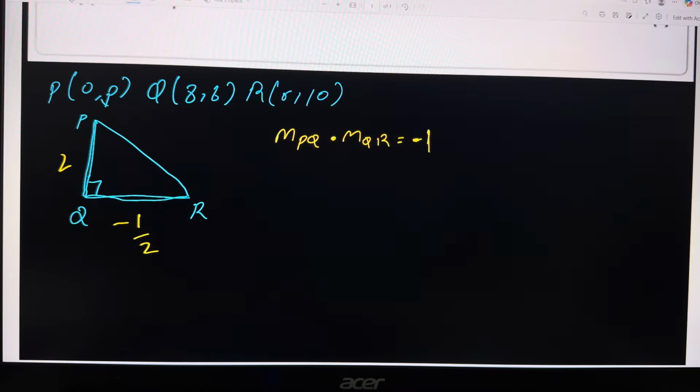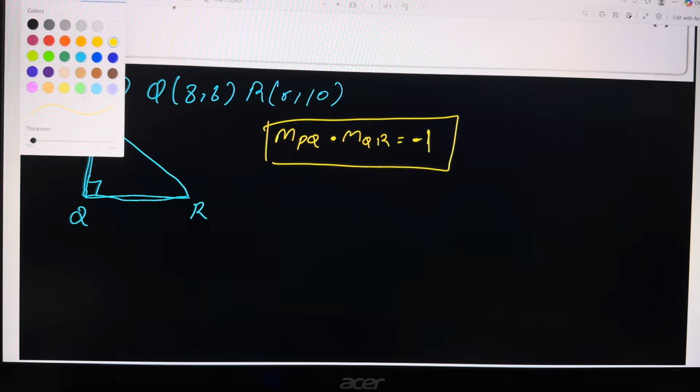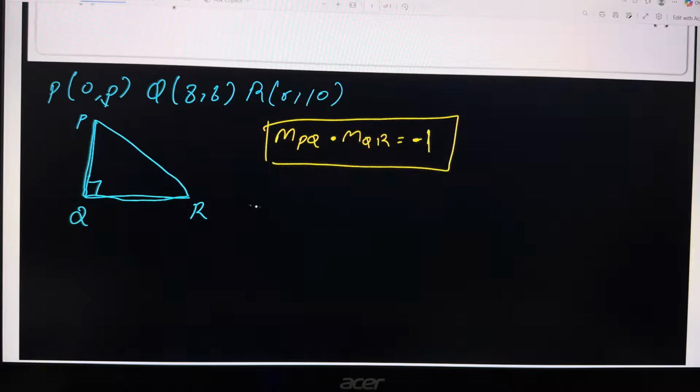So we'll use that to our advantage. First find the gradient of PQ. Okay, so gradient of PQ is y2 minus y1 upon x2 minus x1,